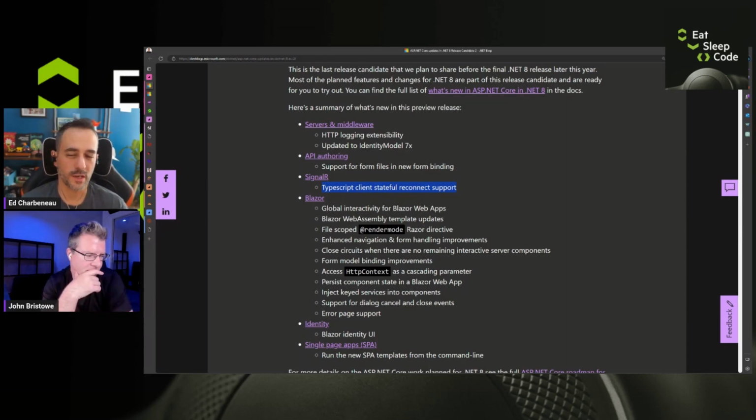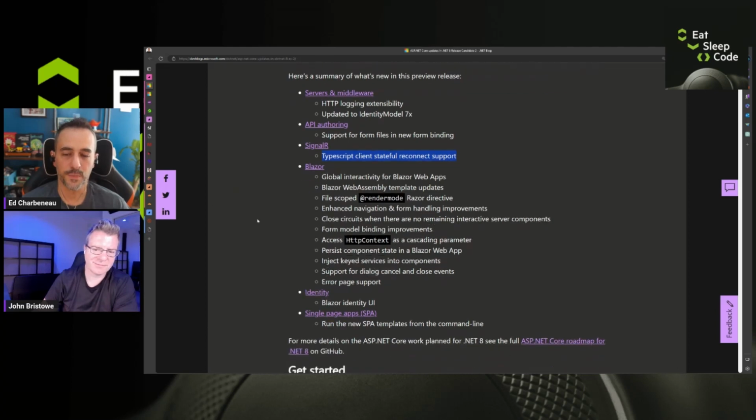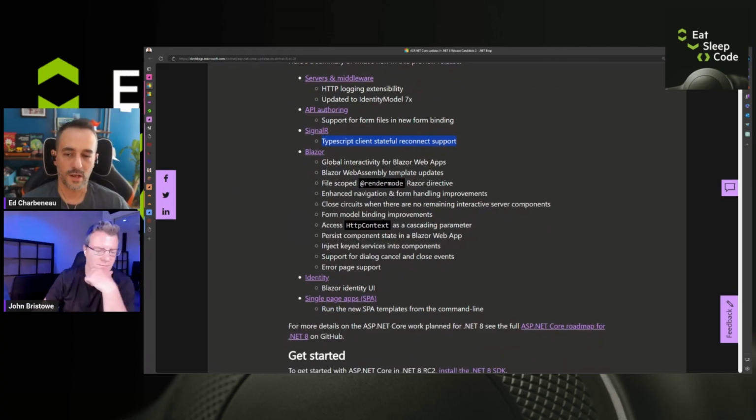So Blazor relies heavily on SignalR if you're using it on the server side. So the more SignalR goodies we get, the more Blazor goodness we get. So I like that. Blazor has gotten a huge overhaul in this release. We can't even go through all these. It's over an hour just to discuss all of the things that happened there. But the gist of it is they're going with more of a progressive enhancement style approach, which is really nice